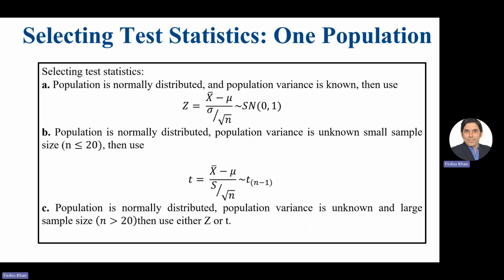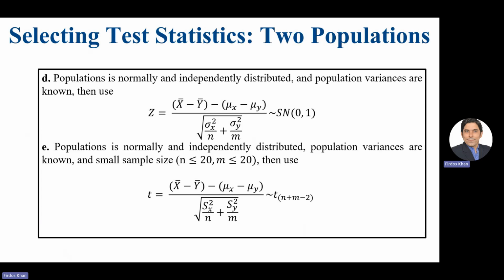Now let's move to two populations, testing hypotheses about two population means. How can we select the test statistic? The population is normally distributed and independently distributed. Remember, now there are assumptions in the case of two populations: that the populations are normally and independently distributed and the population variances are known. Remember, three assumptions. So in this case, you can use z, that is x bar minus y bar minus mu x minus mu y,